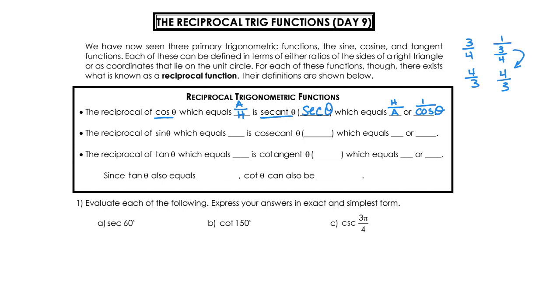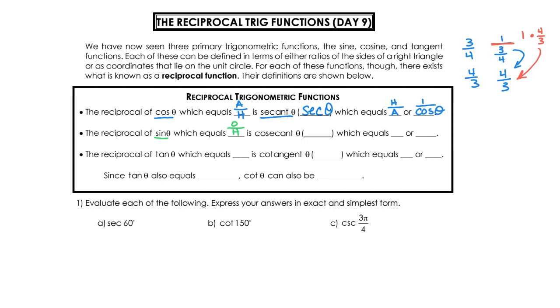And why that works, guys, is keep, change, flip. So if I keep the 1, I change this division to multiplication and I flip my 3/4 to 4/3. 1 times 4/3 is 4/3, and this is why 1 over the fraction will flip it. All right, next one up, we have sine theta, which we know is your opposite side over your hypotenuse side,